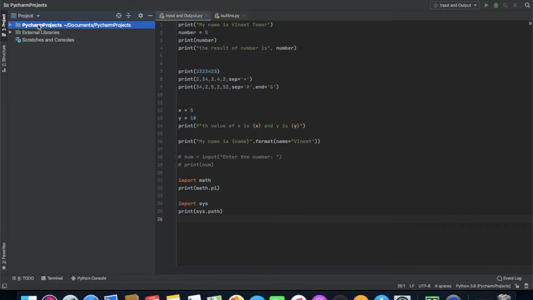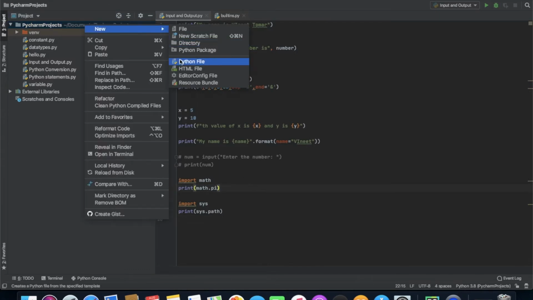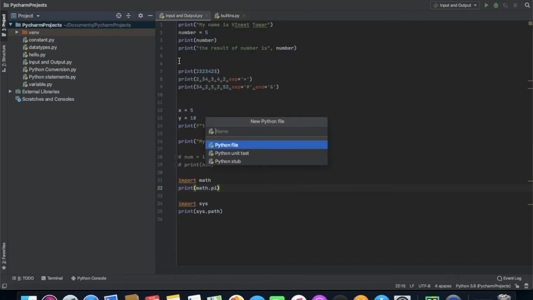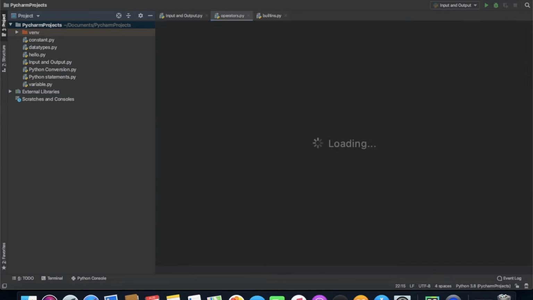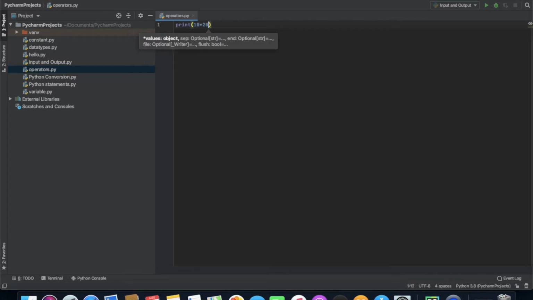First we will be creating a new file for this topic, operators. So let's take an example: I'm simply printing 10 plus 20.